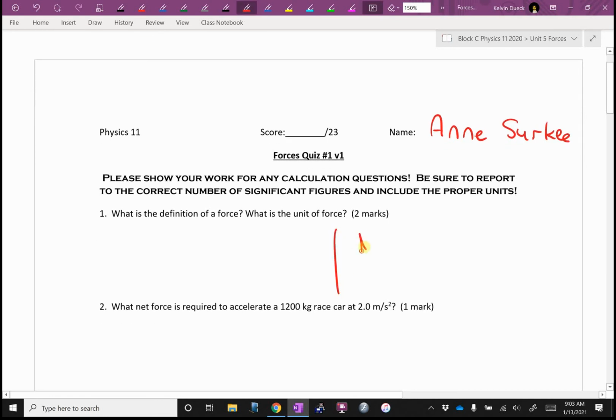2 marks, units of a force, newtons. Hopefully you all got that. I'll do that first. What's the definition of a force? If you said a force is a push or a pull, because that's, I think, what I said at the very, very beginning of lesson 1, I'd give you that. If you cleverly said